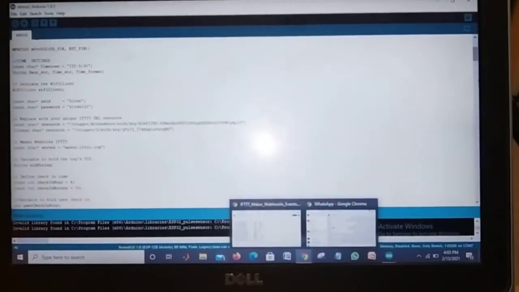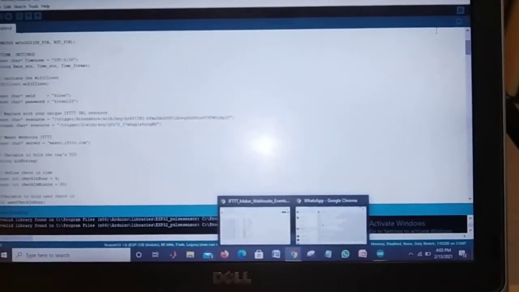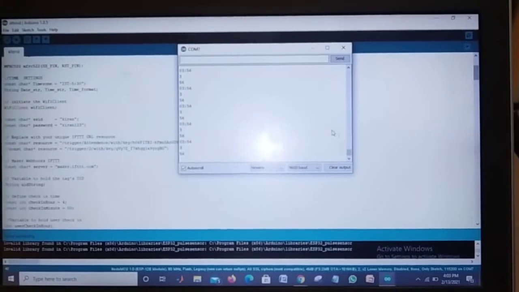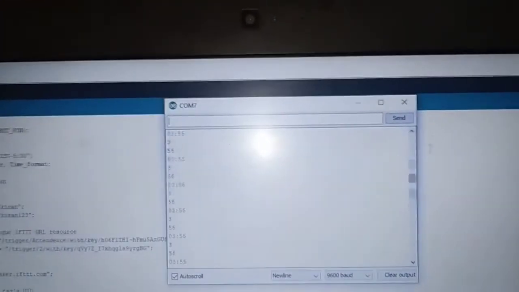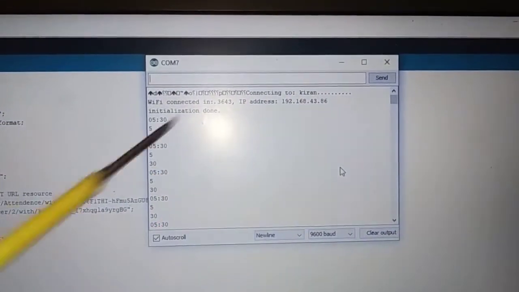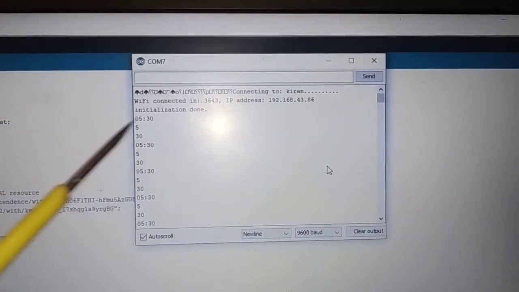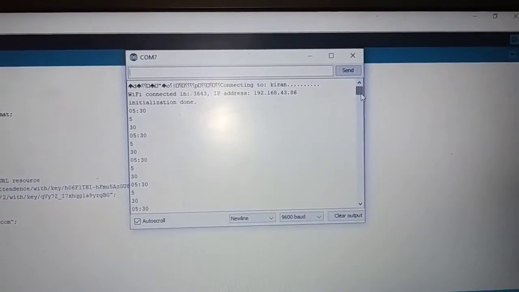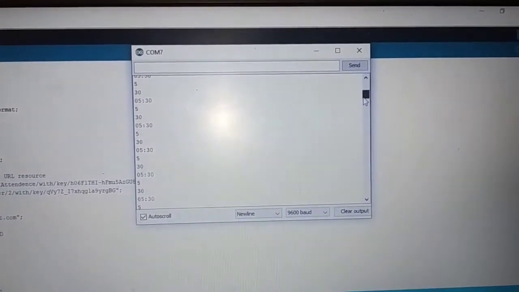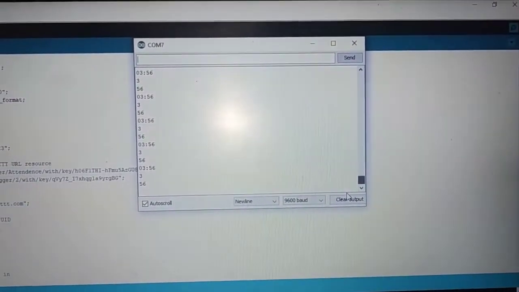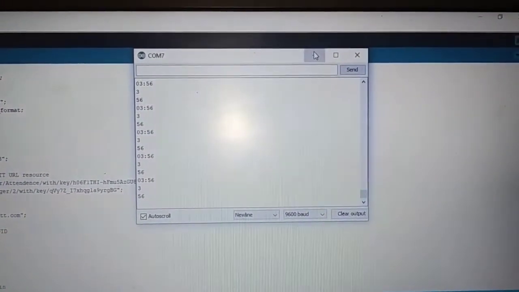Similarly, the same data whatever we are accessing will be displayed in the serial monitor in the Arduino IDE also. So when I click on Arduino IDE, you can see here all the data I have accessed is showing here. As you can see here, Wi-Fi connected, it is showing which port it is connected, the IP address which I had connected, initialization done, and what time it is tapping, and some data it will show whenever the student logs in. As you can see in the serial monitor, all the data which have logged in, the timings which have logged in and logged out, will be displayed here.